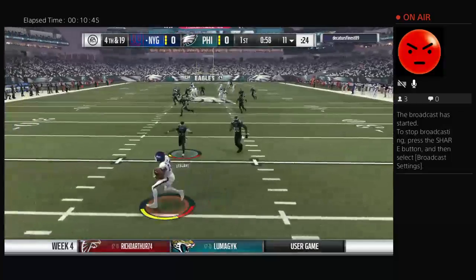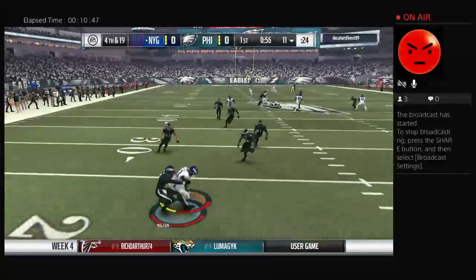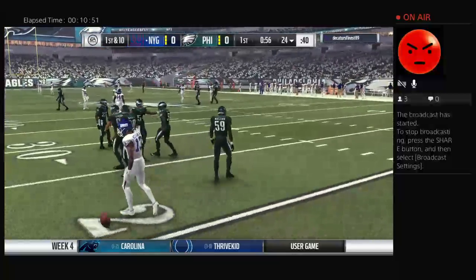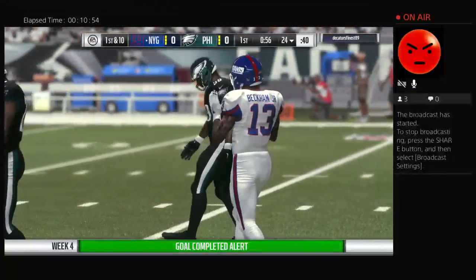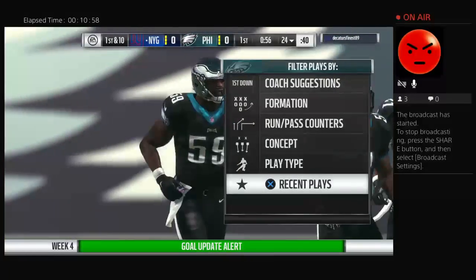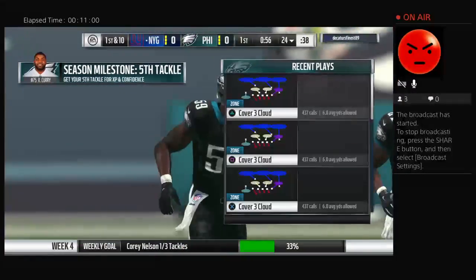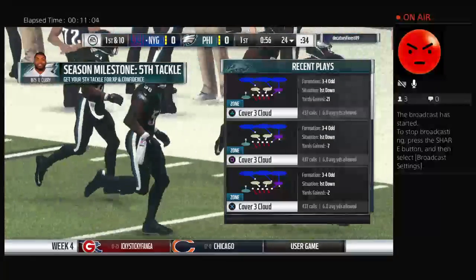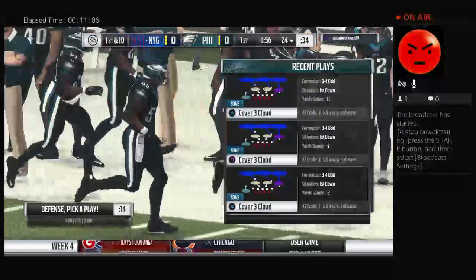Here's Beckham. Officially, that'll be a 63-yard punt. Well done. And the offense will come back onto the field for the 1st and 10. New York set to take the field, and they'll be looking to avoid what happened last time, which is punting the football. But when you look at how teams play the game,